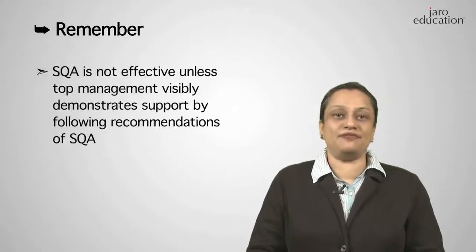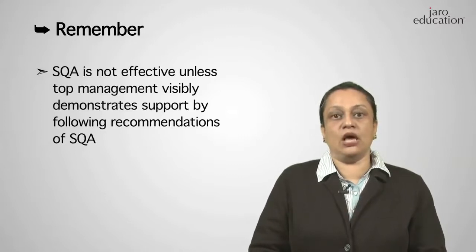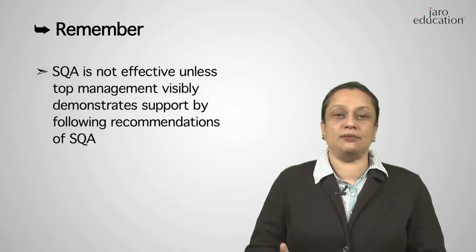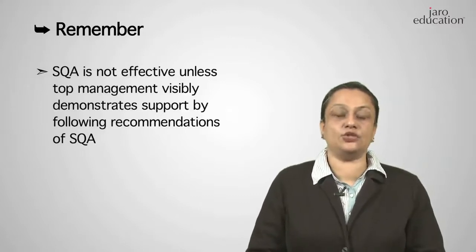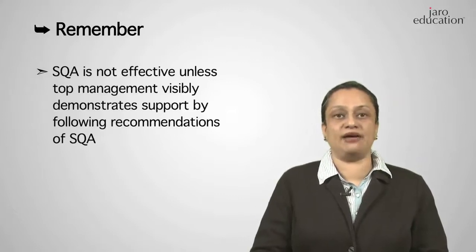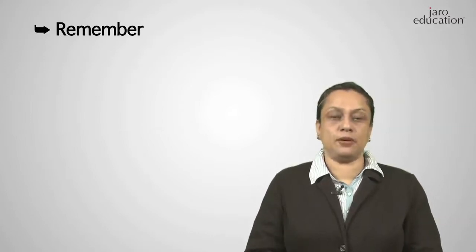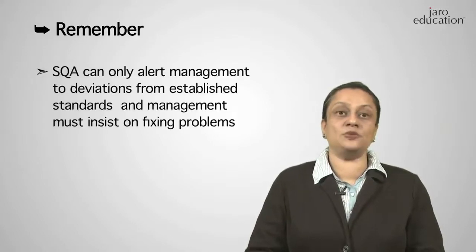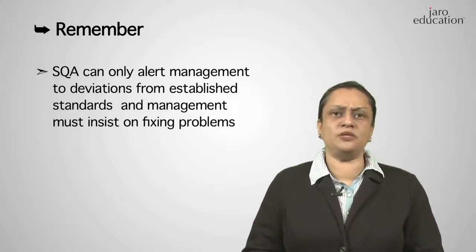The SQA will never be effective unless there is visible support from the top management. When we say visible support, it means people should be able to see that the management is taking action on the reports submitted by the SQA, that they are stopping deliveries with quality issues, those deliveries where SQA have highlighted issues. Remember that it is possible that in spite of SQA highlighting issues with a product or a delivery, the management still goes ahead. These could be exceptions because of some informed decision that they are taking,